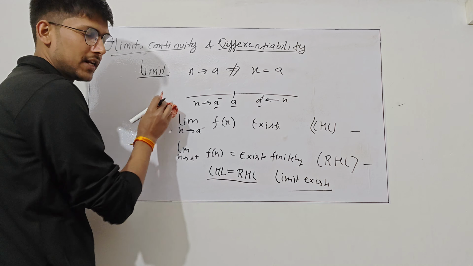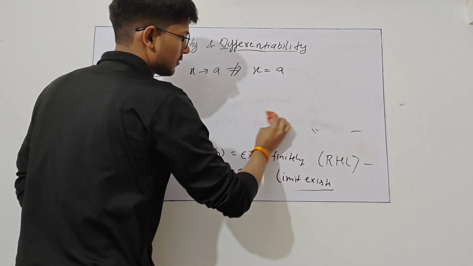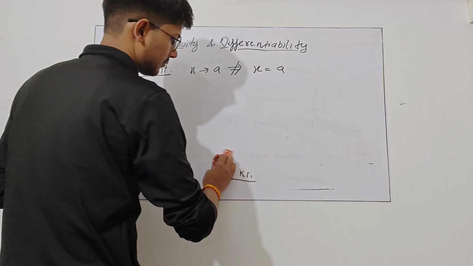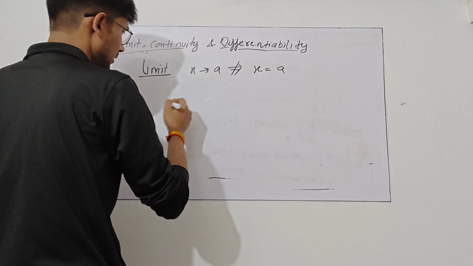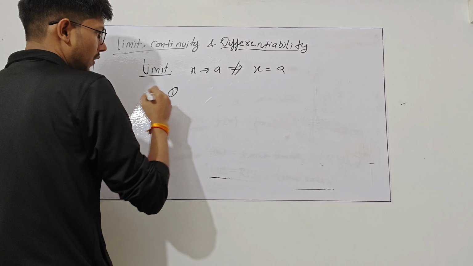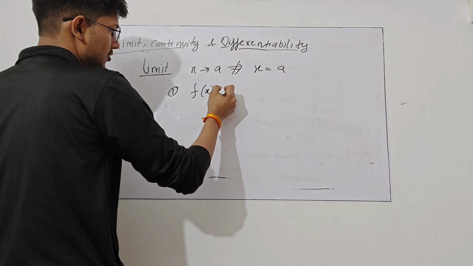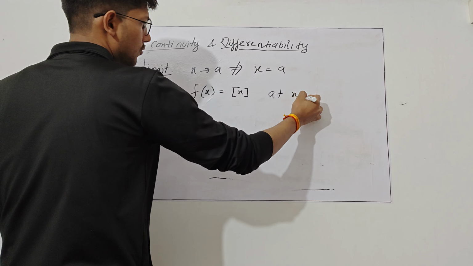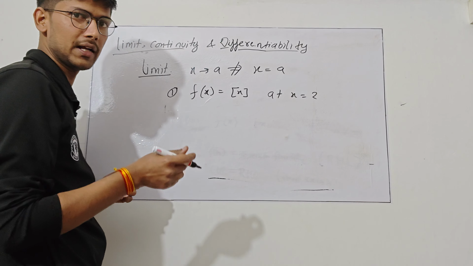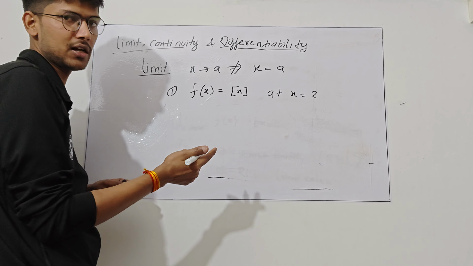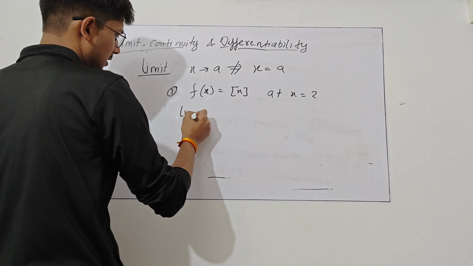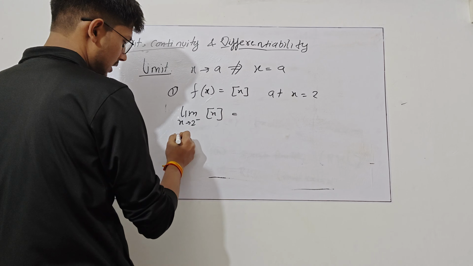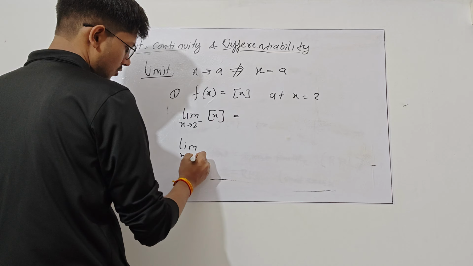Now we understand by an example. Let's take example number 1. We have a function f of x is equal to the greatest integer function. Find the limit at x is equal to 2. So we find the limit by LHL, left hand limit, and RHL, right hand limit. So limit x tending to 2 minus of the greatest integer function, this is LHL, and limit x tending to 2 plus,